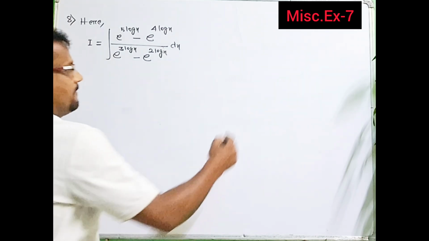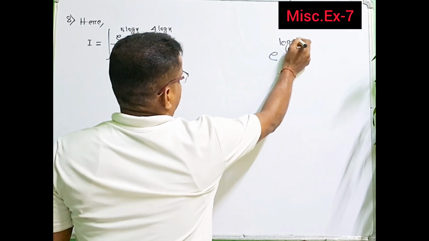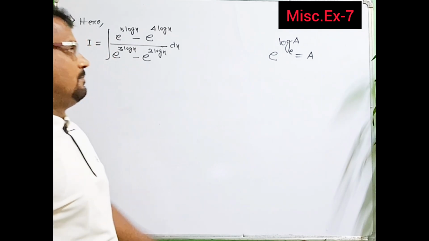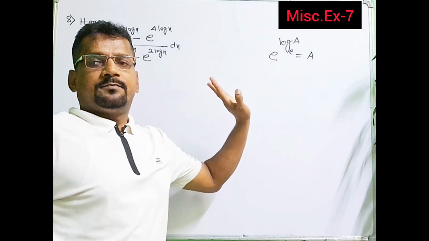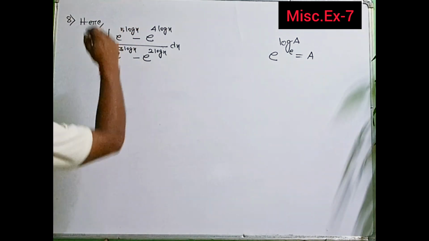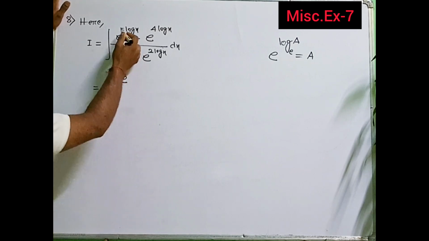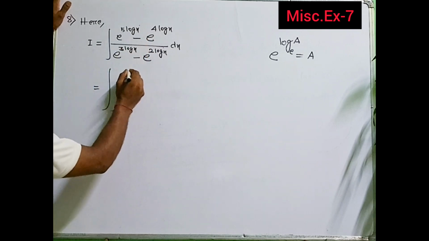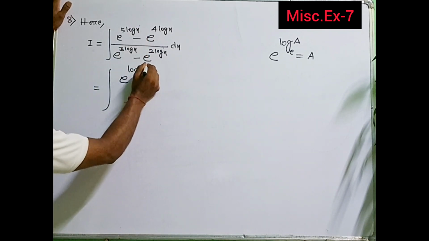The property is that, let me write here, e to the power log of any number a to the base e, that value is a. It means e to the power log a is directly a. This property should be known to you. So first of all, you do one thing here: e to the power, and this property is known to us, 5 is the coefficient, I can take it as the power. So log of this 5 I can take as a power of x, that is x to the power 5,